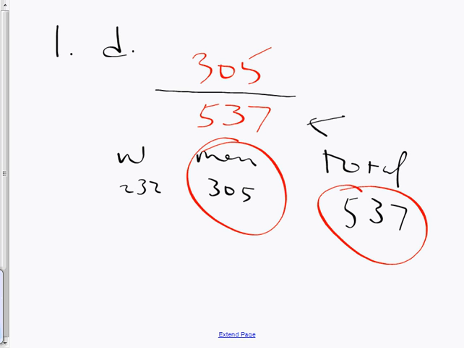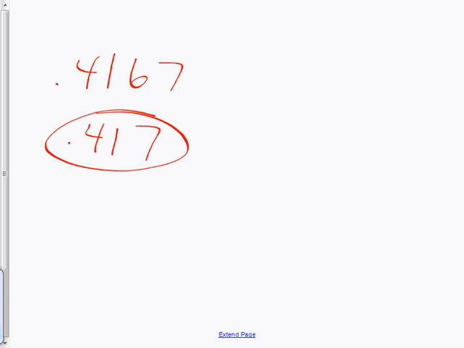Good question. The directions say round all answers to 3 decimal places. So no, if you have fractions on yours, you're going to get them marked half off each time. I would recommend you grab a calculator, divide them, and if you get an answer that comes out to like 0.4167, you'd round that to 0.417. We want 3 decimal places like that. That's the way probabilities are usually done, with decimals. A lot of times in the real world you hear about fractions, but when you have a real question on a test, it usually has a decimal answer. Good question. Thanks for asking about that.